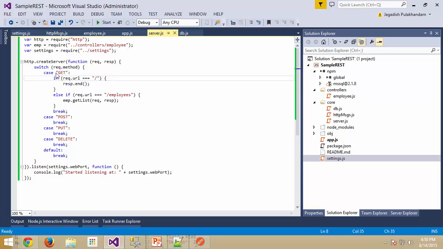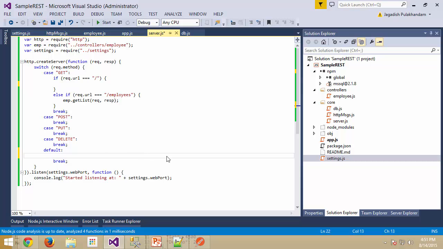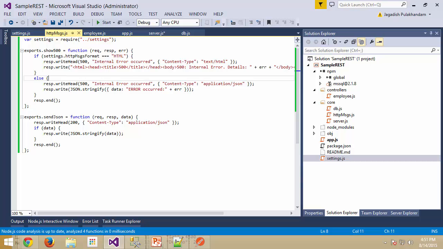So imagine I'm having a get request, and at the same time I'm saying that if it is home, I'm not sending anything but just an end. So this might not be really that good. So I need to do something better here. And at the same time, for the post or if my particular server is not supposed to honor anything other than these four, I need to send an error here saying that that particular HTTP method is not supported, kind of a deal. So for that purpose, I would like to modify my HTTP messages in such a way that